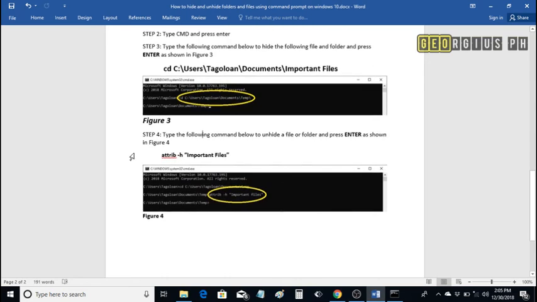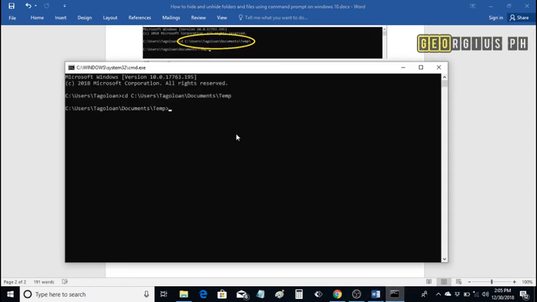Step 4. Type the following command below to unhide a file or folder and press enter as shown in figure 4. Attribute, the unhide attribute. Okay, we go to our command prompt window. Attrib minus, or a hyphen, h, we close it. Folder name,